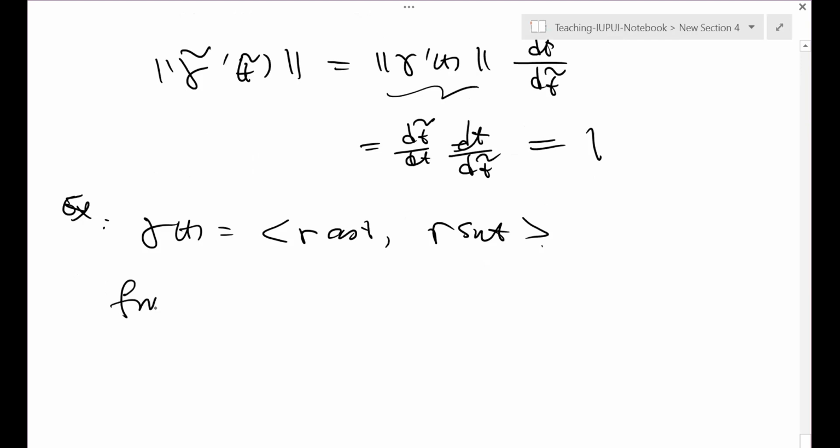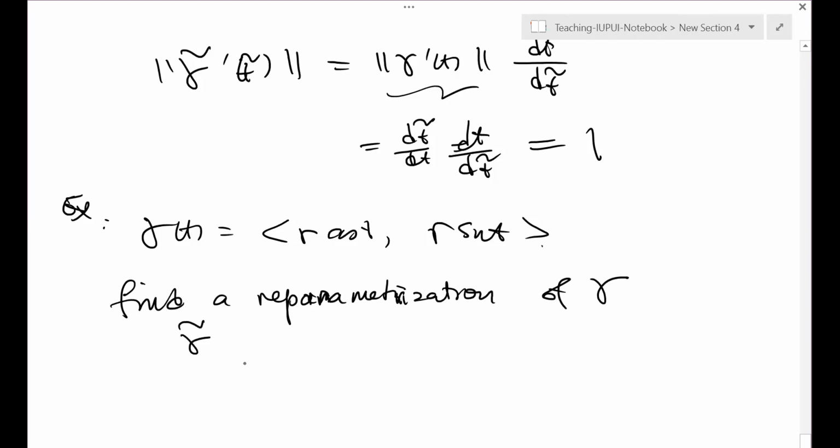Let's find a reparameterization of gamma t, okay, such that